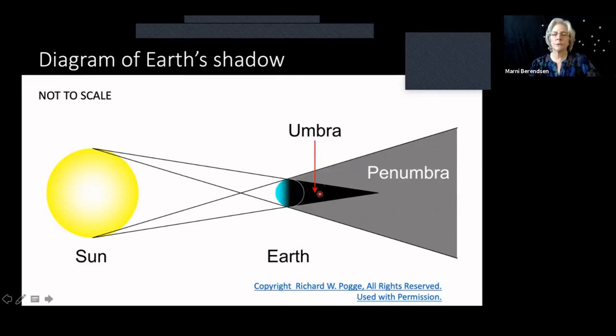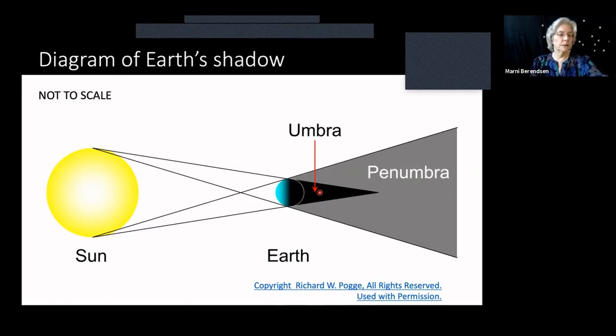And we also know that the moon orbits the Earth, and every so often, it passes through the darkest part of our shadow. And if it goes completely into Earth's shadow, that is a total lunar eclipse.